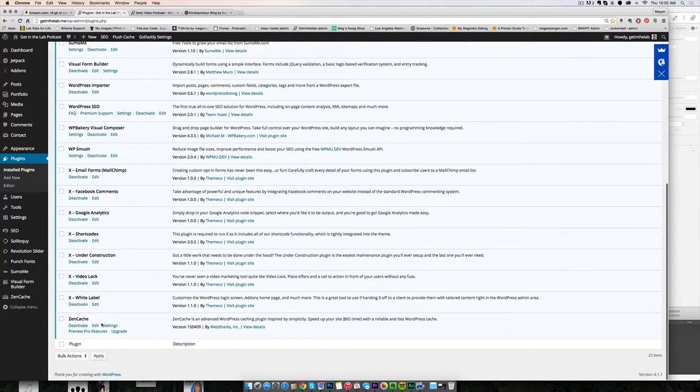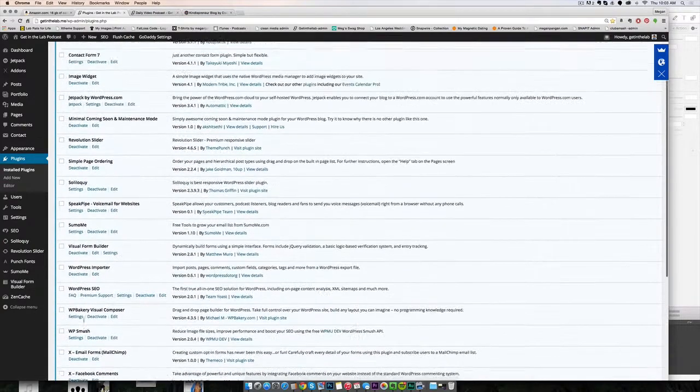Zencash. This is the one I'm testing, guys. This is what I'm talking about. So this is supposedly supposed to make your site run faster, because I have a lot of media on the site, and it's so annoying when it takes more than like 5 seconds for anything to load. If you're like me, speed is very important, right? So I'm testing this, and I'll probably update you guys on how much faster my site is running with this plugin, and it's also free. So that's it. Those are the plugins. So I'll see you back in the main video.